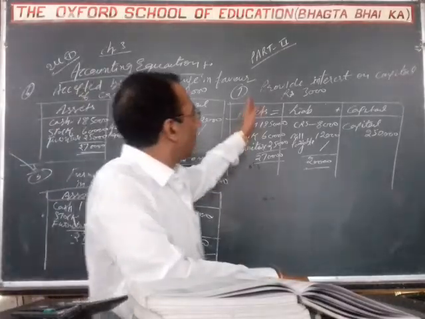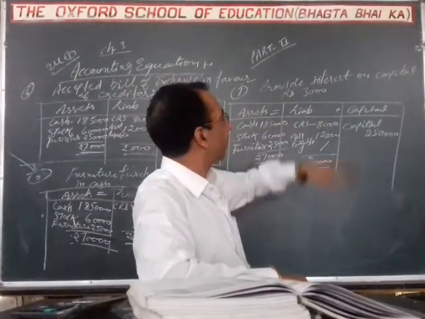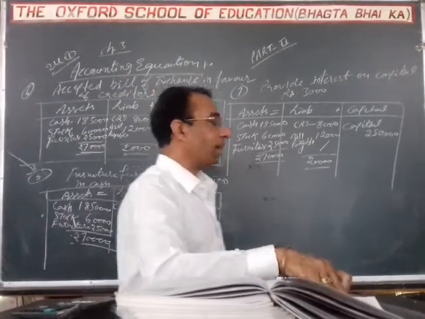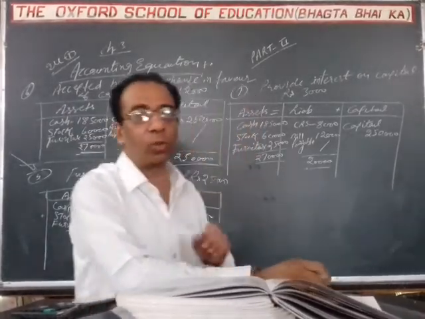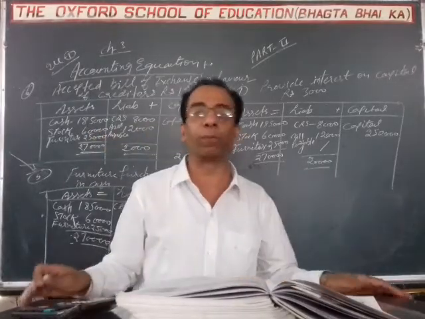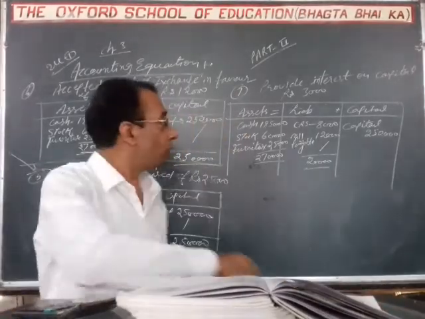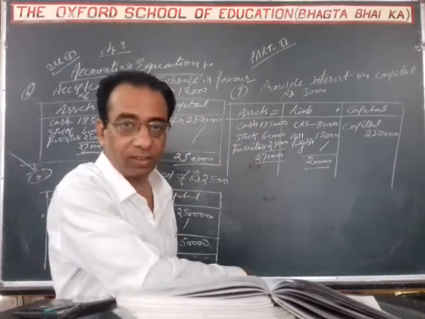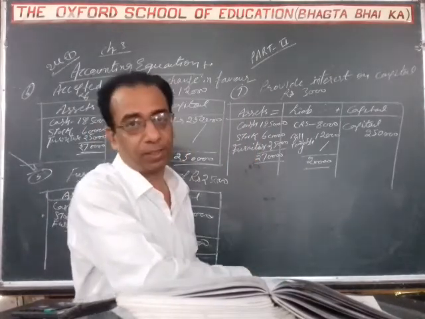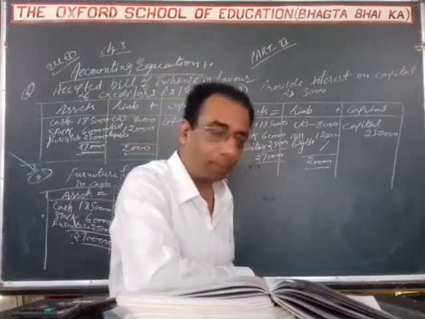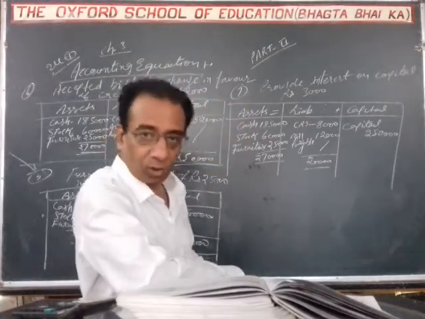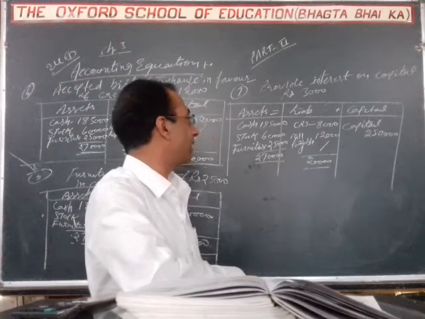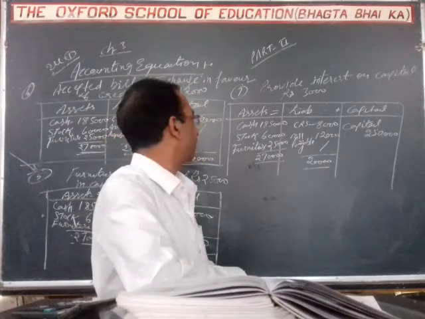So the last table is 7: provide interest on capital, rupees 3,000. In the case of interest on capital or interest on drawings, no cash goes or comes to us, because interest on capital is automatically adjusted in the capital. It is added to or deducted from capital. If it is interest on drawings, it is deducted from capital. If it is interest on capital, it is added to capital. So there is no transaction.